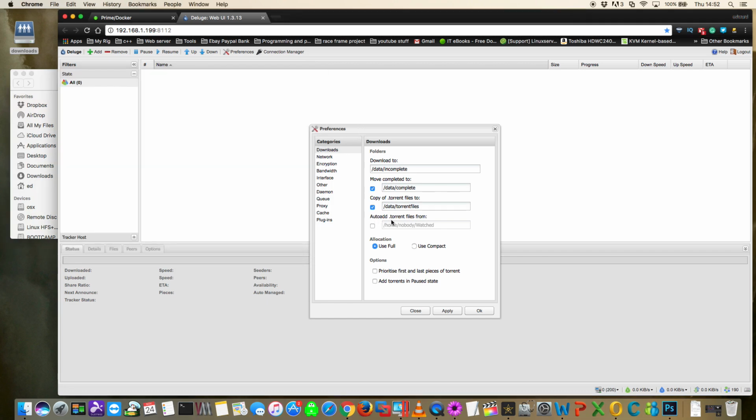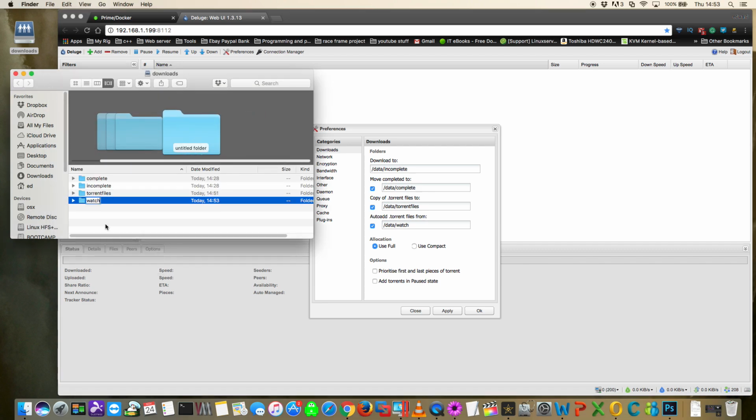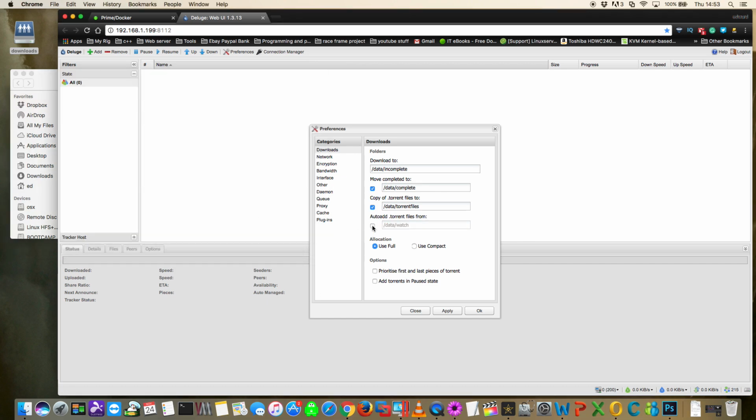And then here you can set a folder to auto add torrents from. So if you wanted a watch folder, again, you would have to have /data/ something like watch, and you'd have to create that folder as well, so you could create that here. And then any torrent files that you put into this watch folder would automatically download on your server. I personally don't use a watch folder because I use a Chrome plugin to automatically send the torrent files to my server. So once you've completed what you want to have here, just click on apply, and then the